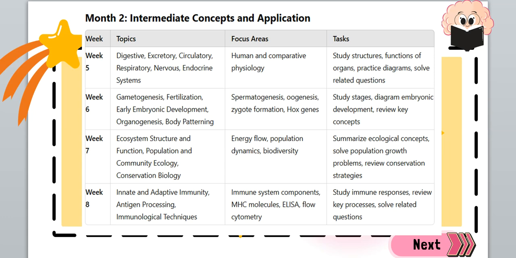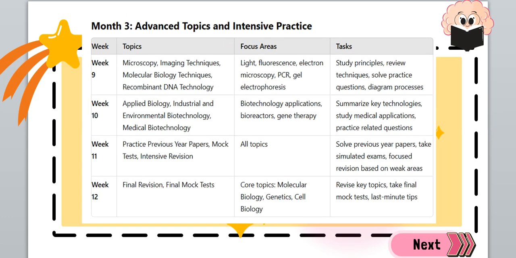And in month 2 we are starting with intermediate concepts, which are like unit 7, unit 5, unit 10 and some part of unit 4. And also some immunological techniques which are part of unit 13, but you can study it with unit 4. Next is in month 3 you have to start with advanced topics, and you have